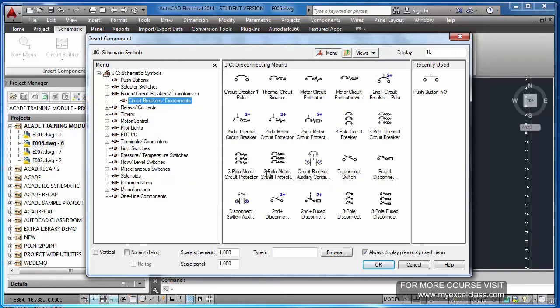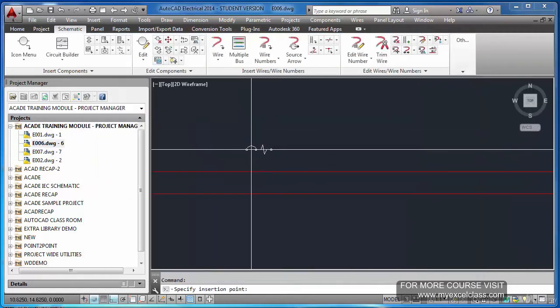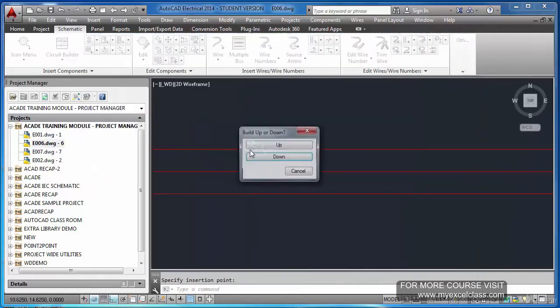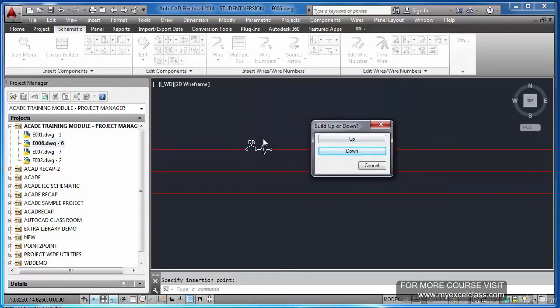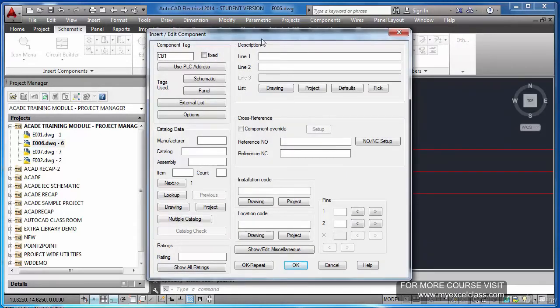Suppose I want to insert an MCCB 3-pole motor circuit breaker, click it, press here. It will ask you whether you want to go up or down. Now the first pole of this component I have inserted at the topmost, so I want the rest to go down in this way.